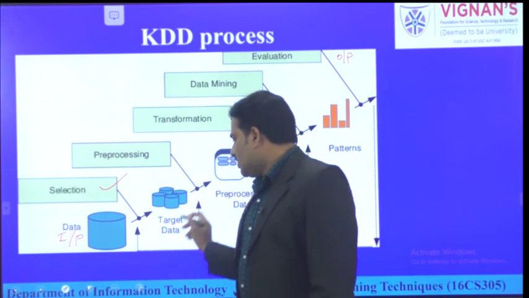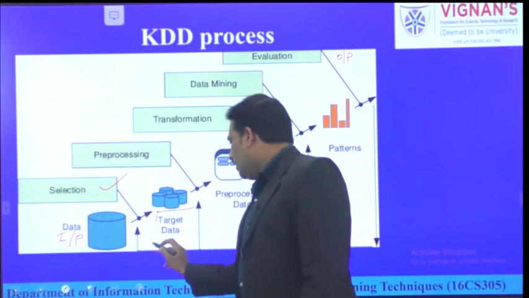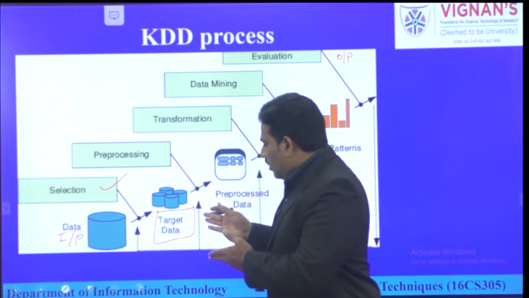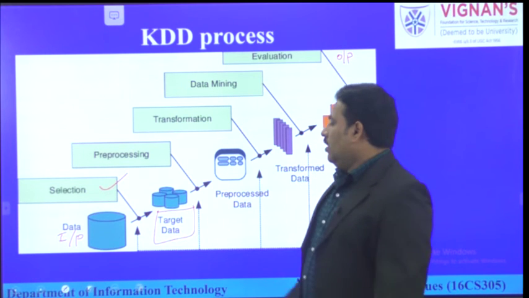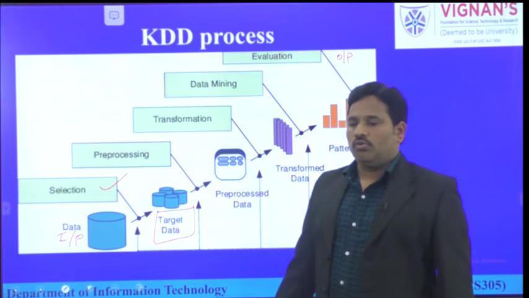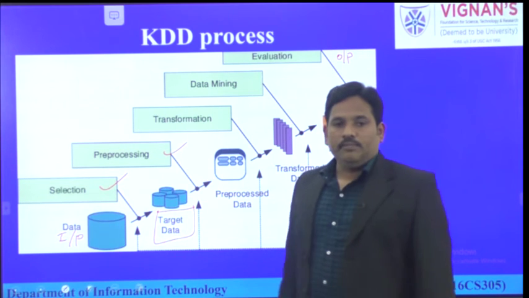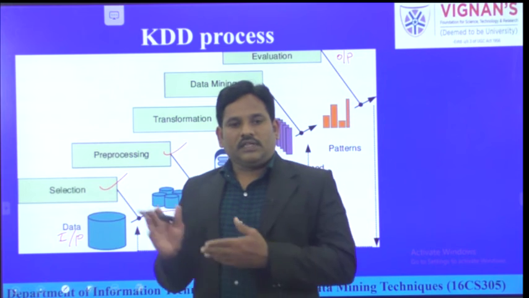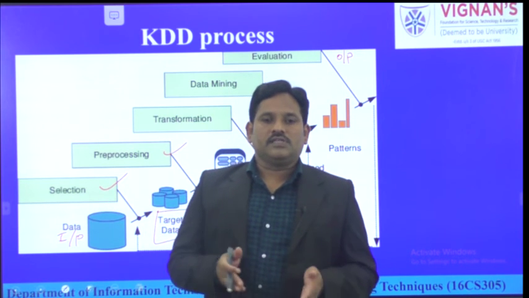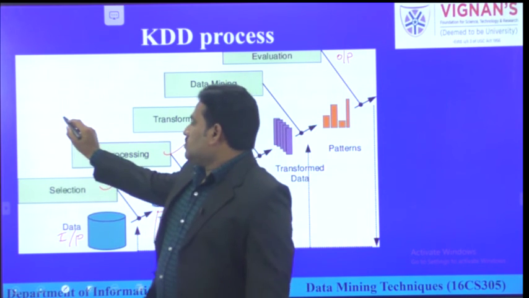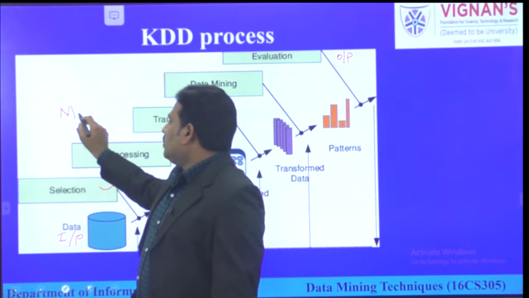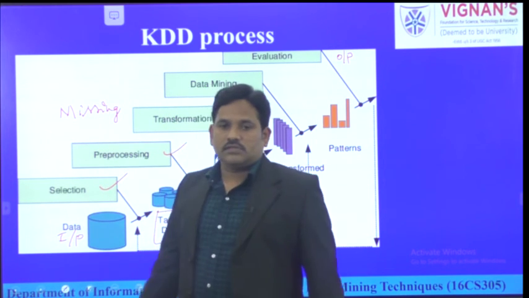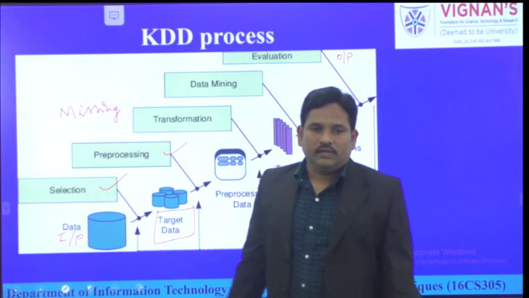Now look at here. Here we collected or selected the data. This is our target data. A portion of the original data has been selected as target data. And on the target data, we are going to apply some data pre-processing operations. That means we have to check whether the data has any impurities or not. Let us take some information is missing, like in employee data, some records or some fields are found empty.